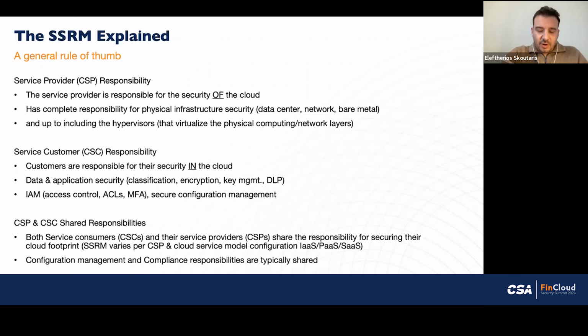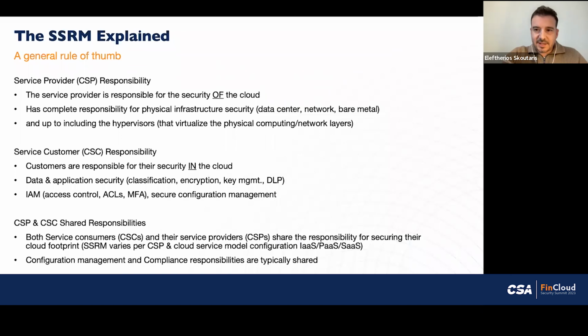So in all of these cases, it is best for the customers to reach out to the providers to have those demarcation lines better explained and clarified. And the best way to do that is by sharing with those providers the CAIQ questionnaire, which Eric will also present shortly and provide more details on. Which, by the way, also helps organizations close the readiness gap, which is often observed when they are migrating to the cloud.